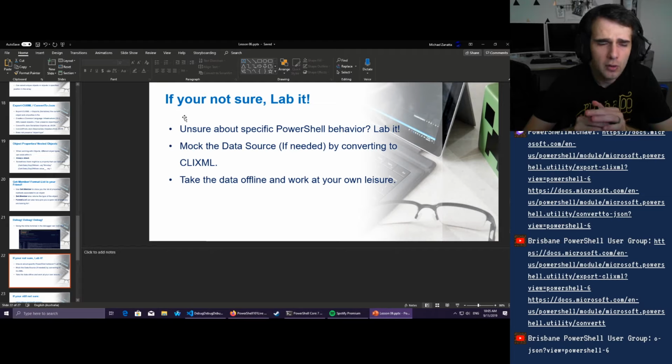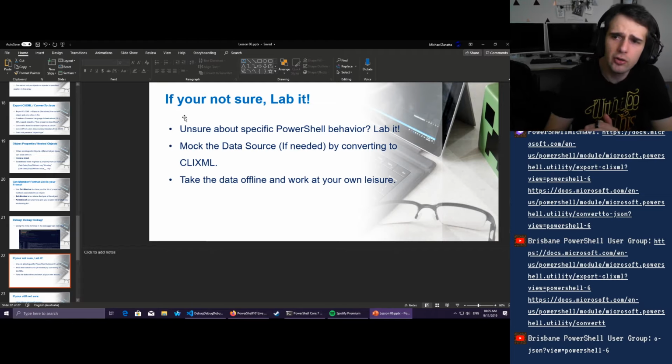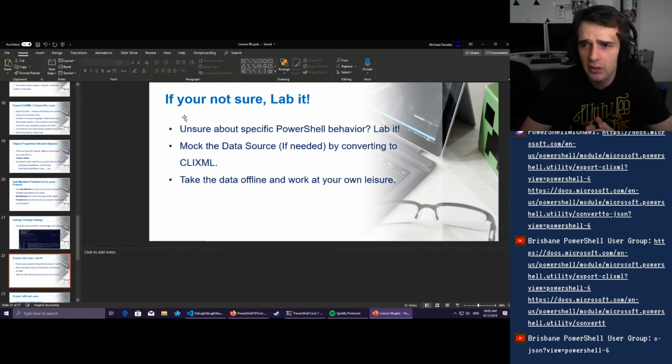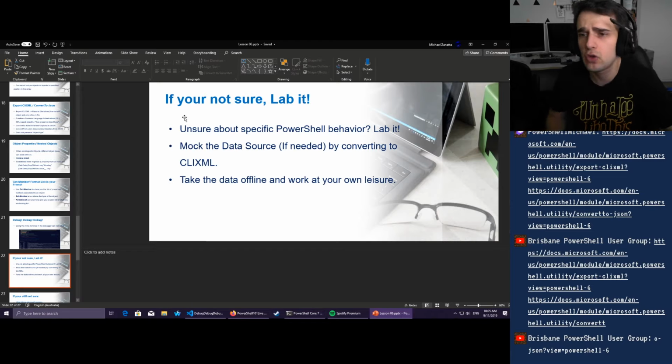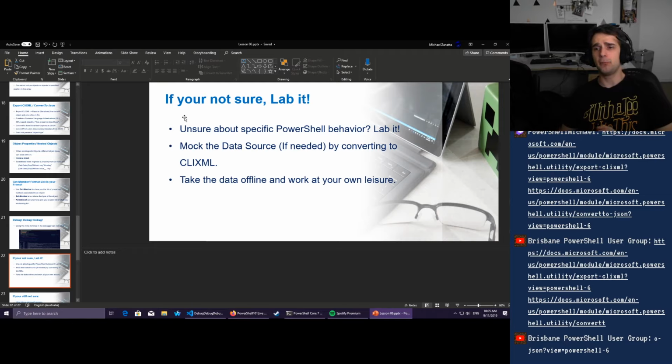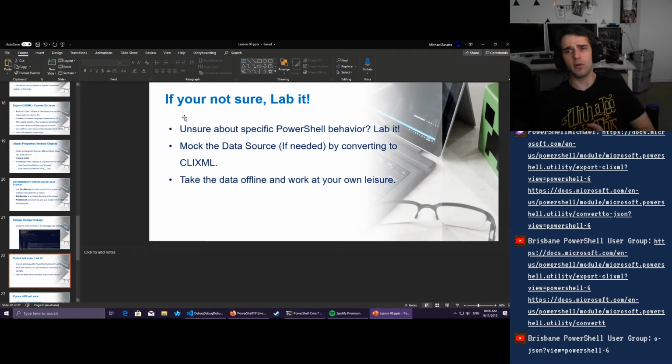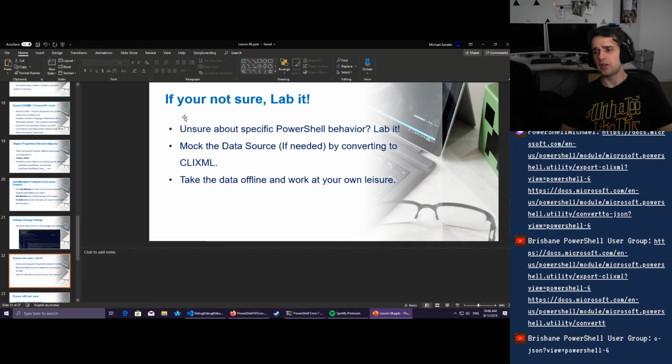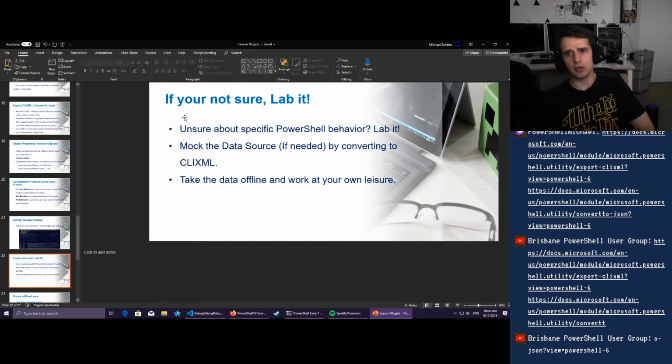But also, if you're unsure about PowerShell behavior, a good example is what Disable-ADUser is going to do, and you're not 100% sure, obviously go and read the synopsis. If you're still not sure, lab it. Do not, under any circumstances, run it in an environment where you're unsure of the behavior, because at the end of the day, if you're introducing a bug into your code, that could potentially have